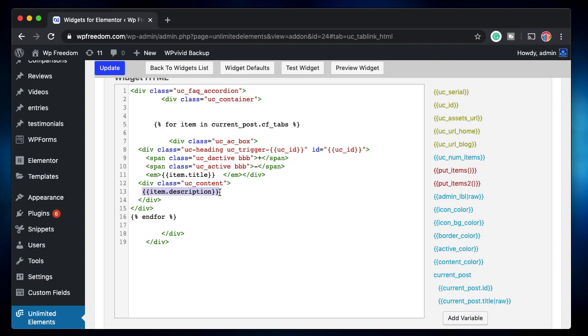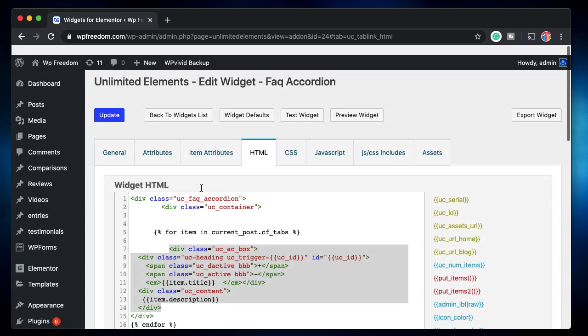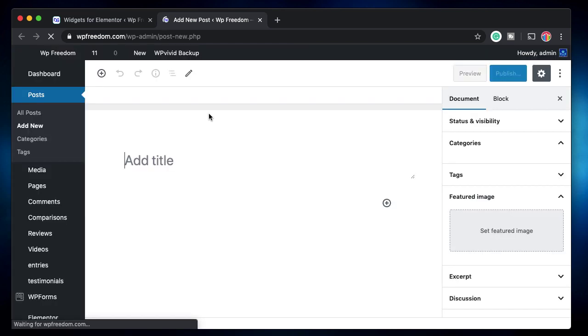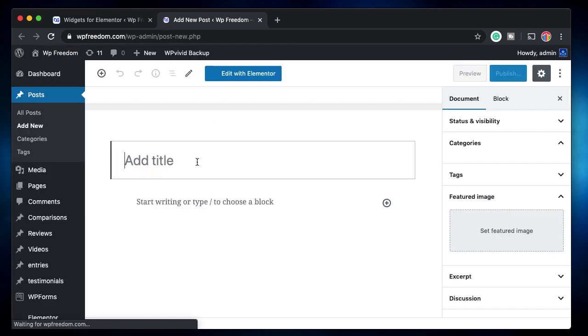This might sound confusing, and it also requires you to handle code or understand a bit of code. If you're not comfortable with code at all, you can use Dynamic Content plugin and work with Advanced Custom Fields Pro repeaters without any problem. So anyway, we'll use this, we'll update. Now let me create a new post. I'll click on add new. I'll say ACF repeaters, just a post to test our widget now.